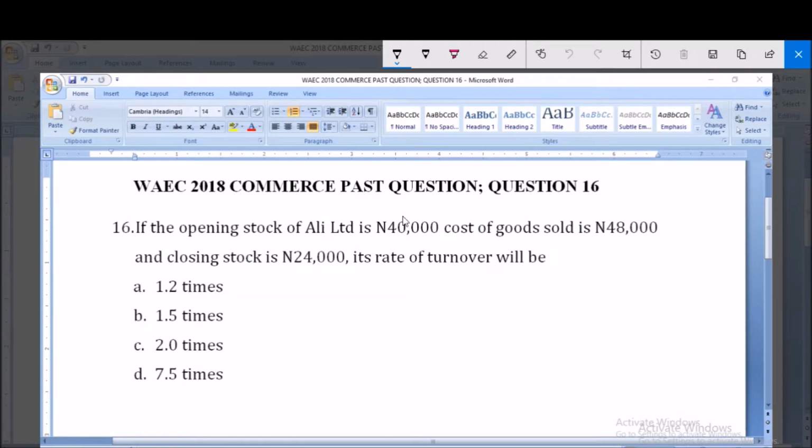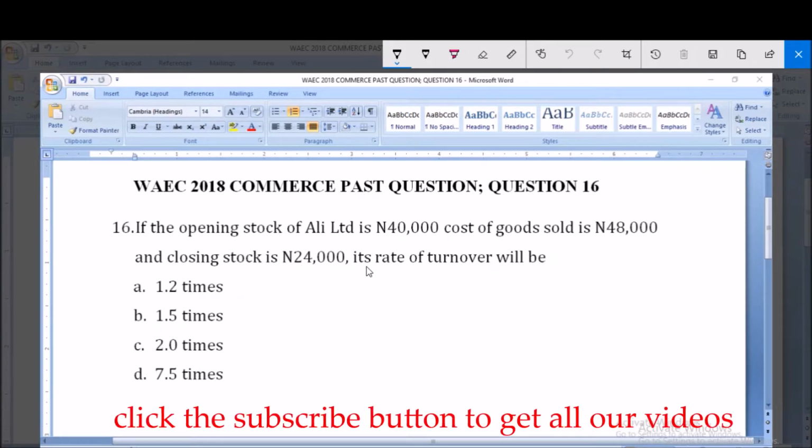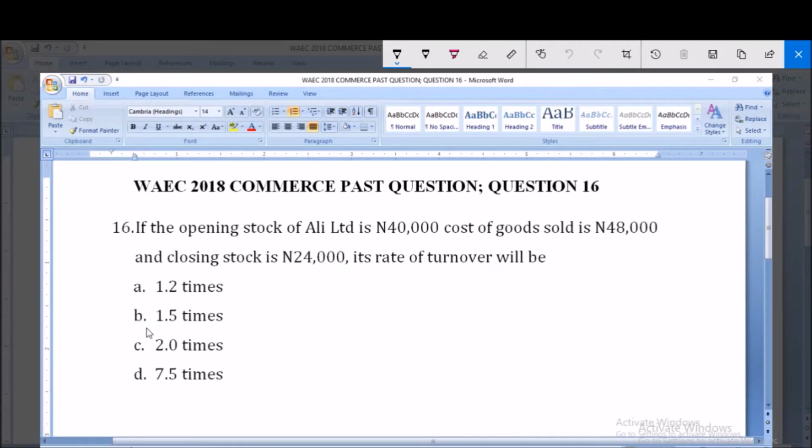Question number 16 says, if the opening stock of Ali Limited is 40,000, cost of goods sold is 48,000, and closing stock is 24,000, its rate of turnover will be dash. A. 1.2 times, B. 5.2 times, C. 2.0 times, D. 7.5 times. The correct option here is option B,